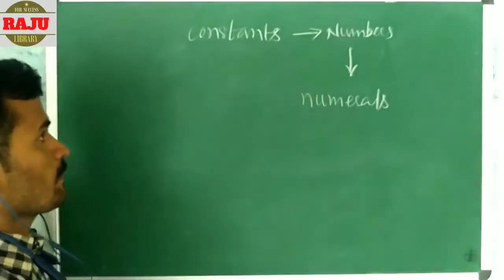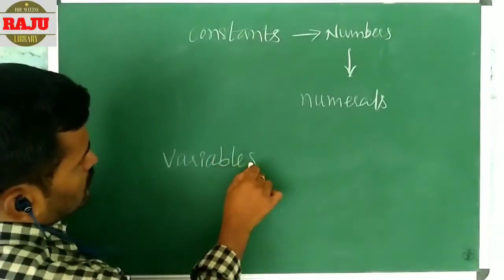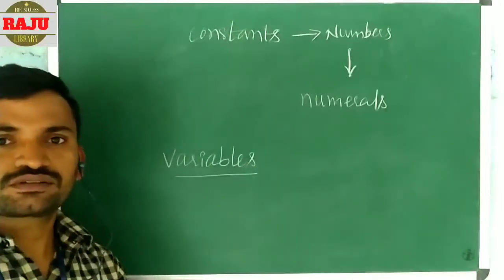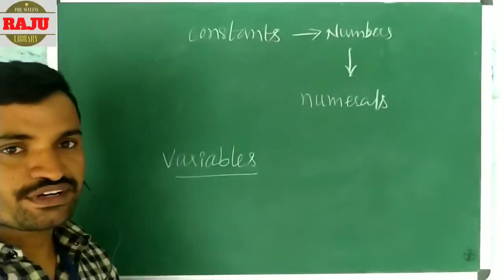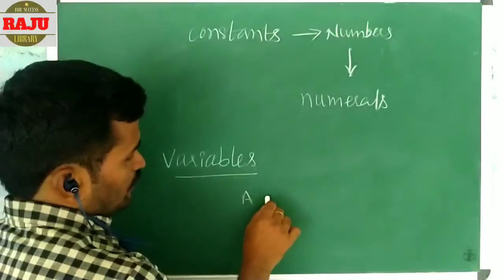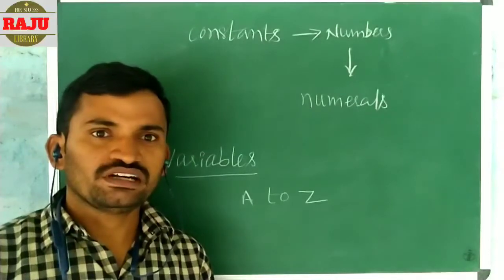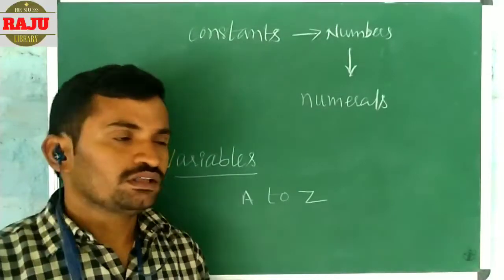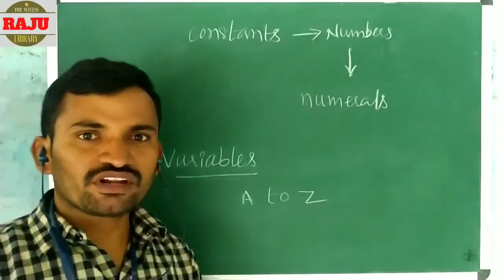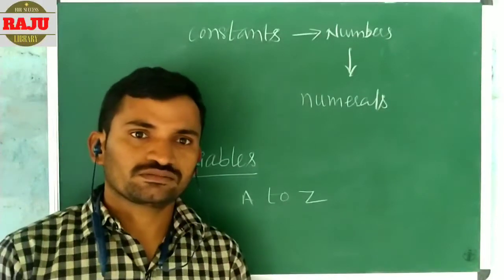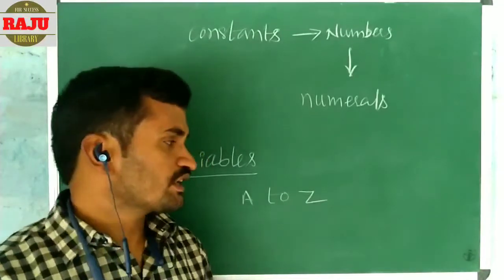Okay. Here we have to know about one more word, variables. What are variables? Here alphabets are also called variables. You may know alphabets from A to Z. It means A, B, C, D, E, F, G up to Z. So whatever alphabets we learned, these are called variables. Why are we using variables? See, in some cases, in the place of an unknown value, we are taking variables.